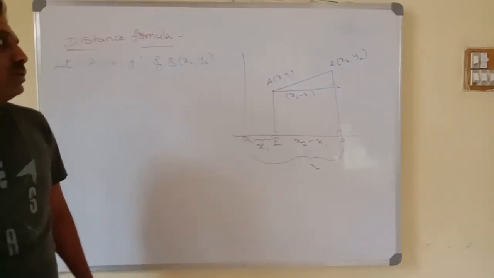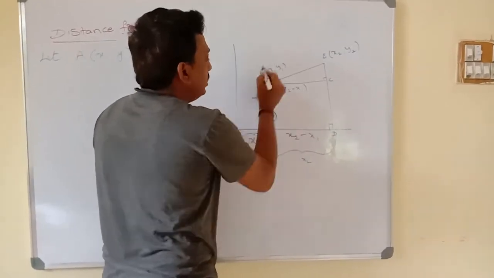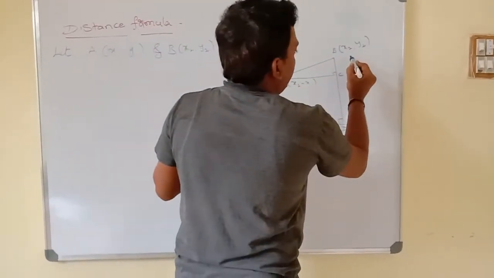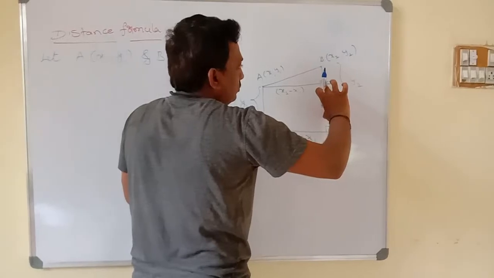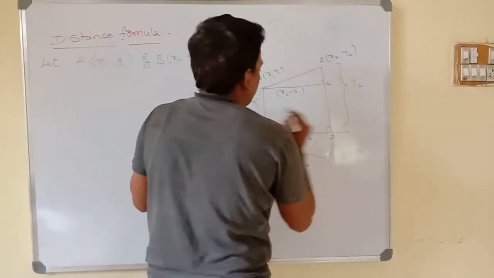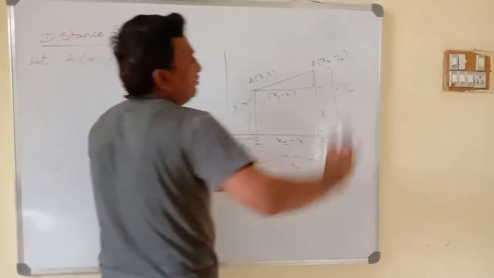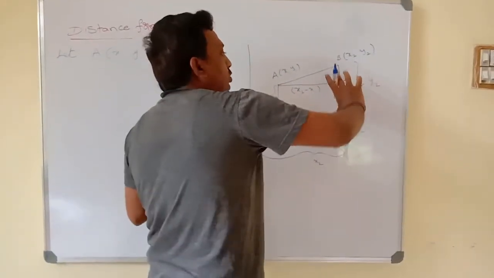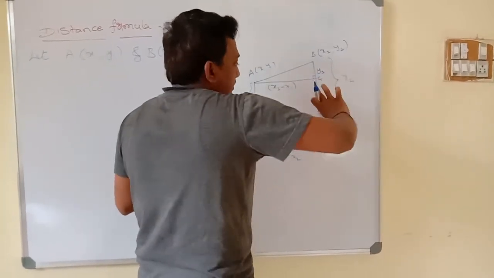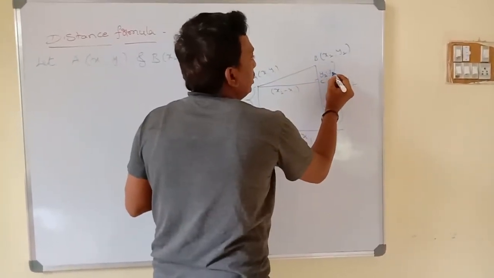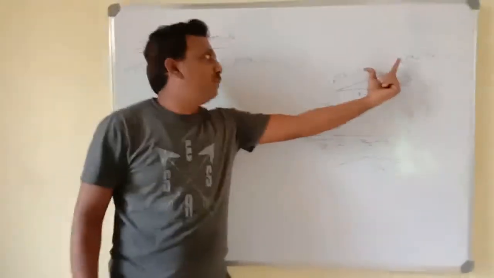x2 minus x1. Now, here this AE value is y1, BD value is y2. So observe this one: remove this CD part, and the AE part, both are same here. So this is y1. So this one removed, then we get that BC value. So from the total value we can remove that CD value. So total value is y2. Removing that CD value from that y2, the value is y2 minus y1. So we want now the AB value.